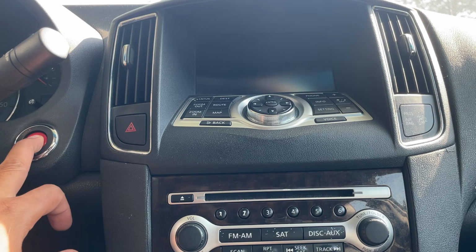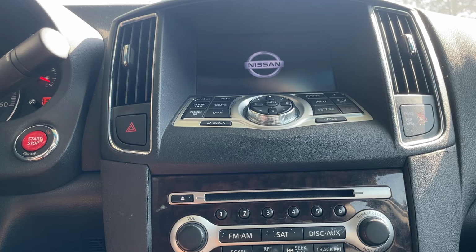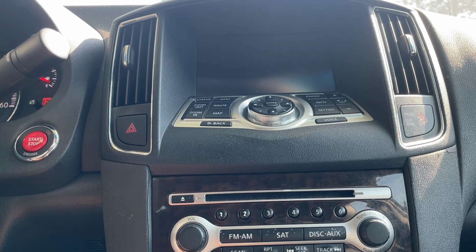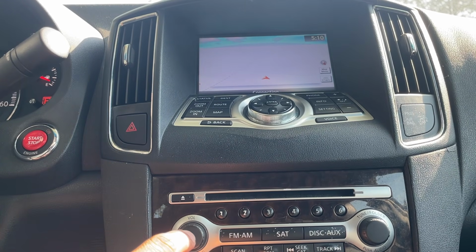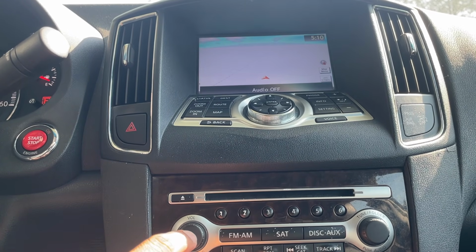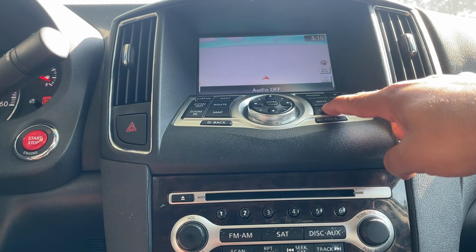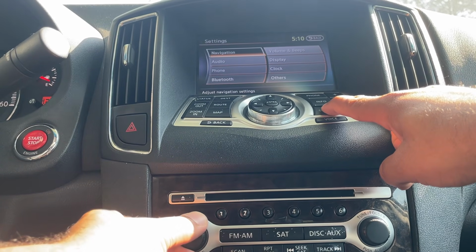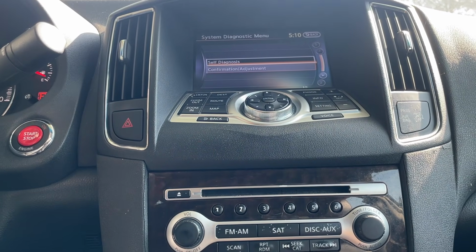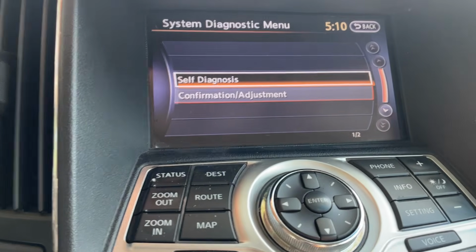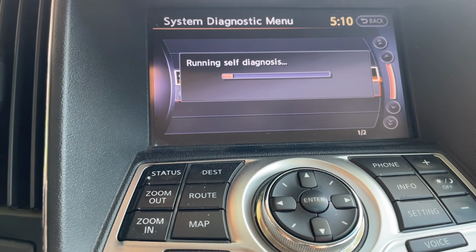So what you want to do, start the car. Alright, so you want to turn the audio off, turn it on, off, and then press and hold the settings and turn the volume. And boom. So now it brings you to self-diagnostics. So if you push that,